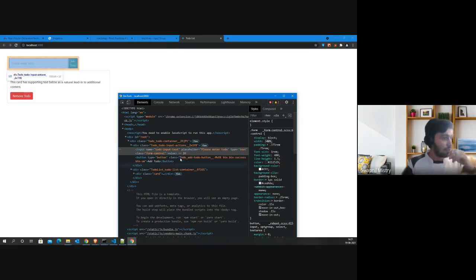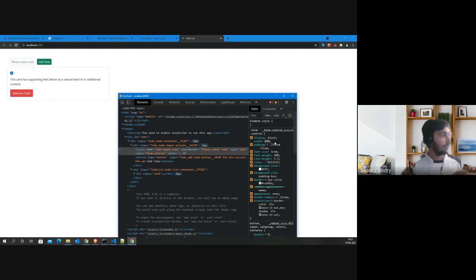So if I reduce this width, just a second, right? So if I reduce this width, you see it's getting properly aligned. Let me just try to do 50. See, 70 is also working. 80 is not working, right? So we can give it as 70% width.